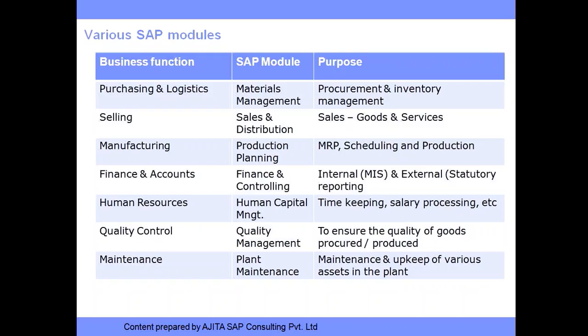To ensure the quality of goods procured and produced, and to support the business function of quality control, you can handle all those in the QM module. And the plant maintenance module, wherein you have maintenance and upkeep of various assets in the plant. You have machines, you have different kinds of assets in any organization. So for maintenance and upkeep of all those machines and assets, you need a PM module,